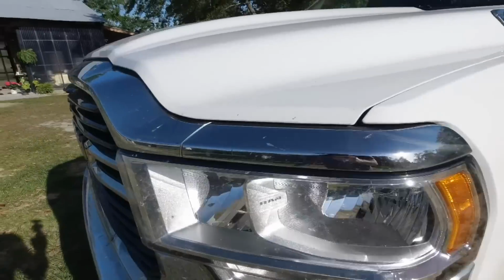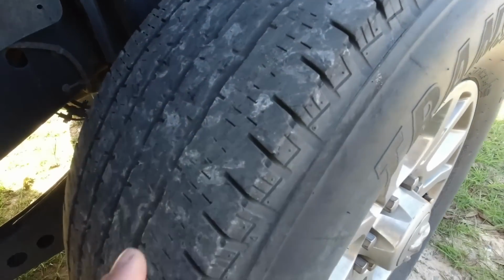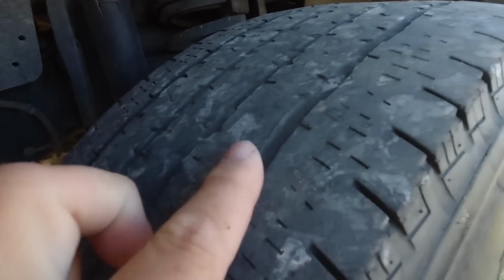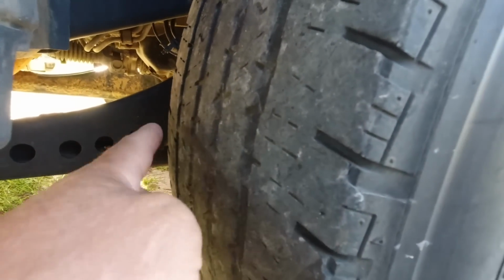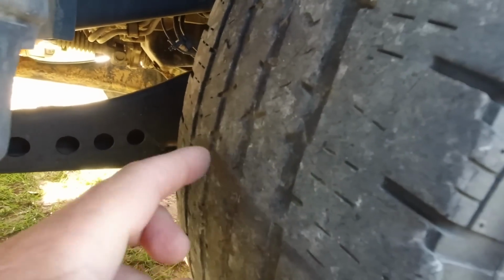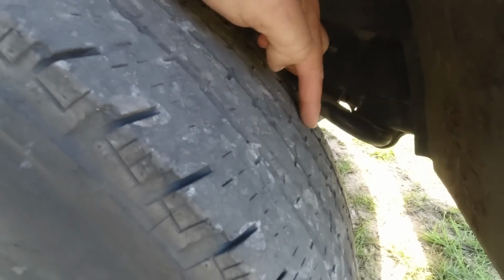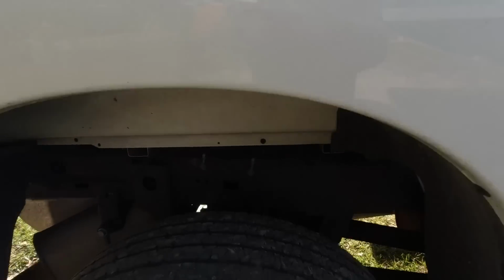I've got almost 48,000 miles on the truck. And let me tell you, I don't like how they've worn. Now these tires have been rotated, but look how thin it is right there, across here. They haven't worn evenly. There's no tread left right there. That's crazy. If you look over here, you've got just a little. These tires still have 3,000 miles left on them, but if you look back here,